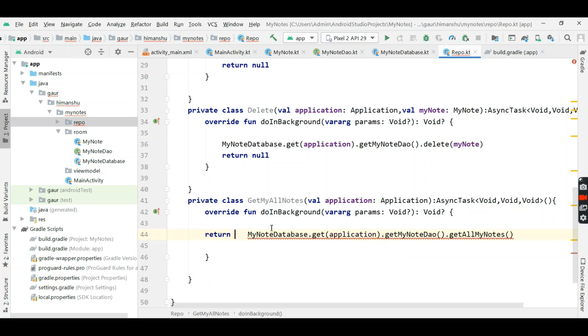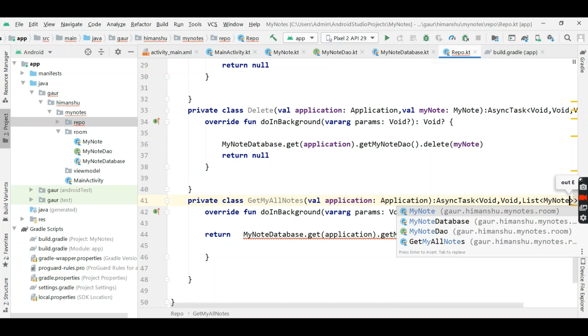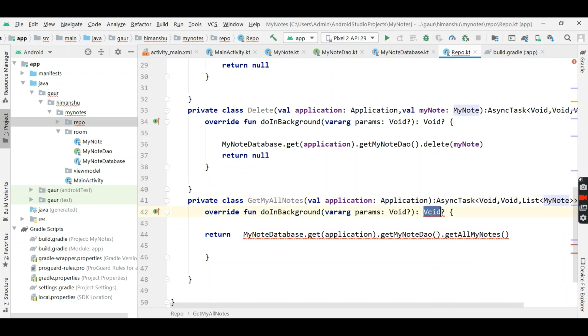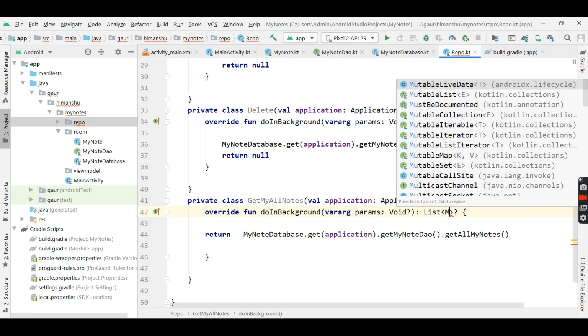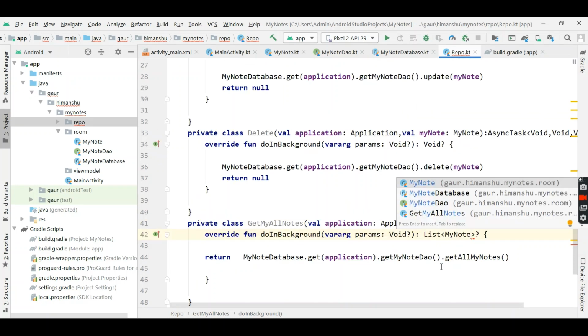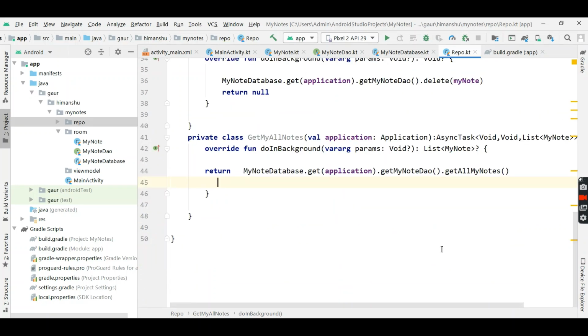So return, and we can now take our node. So that's why our return type is list my node. Okay, enter this, and same here, list of my node. Now it looks fine.